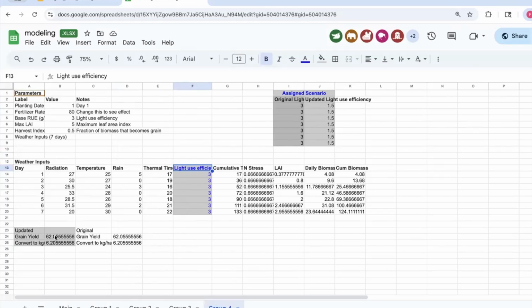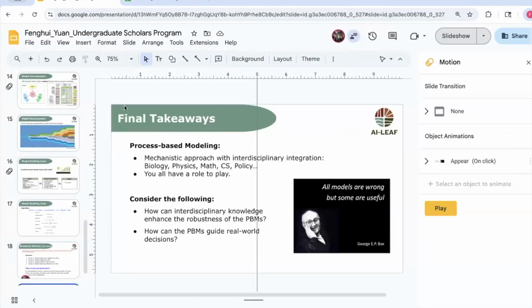Then you can compare the values change between the original values and the updated values. This will help you to understand the model's response to different inputs or parameters. During the practice, if you have any questions, you can let me know.